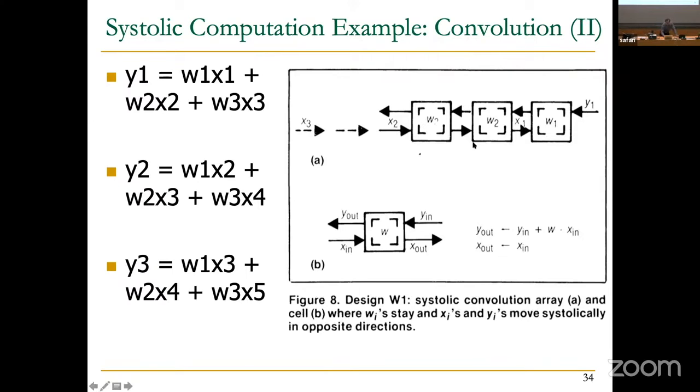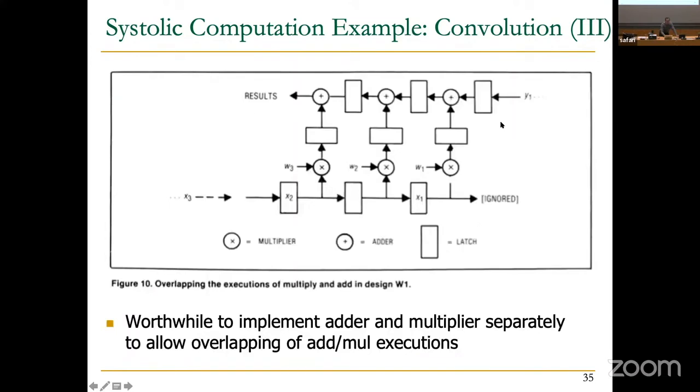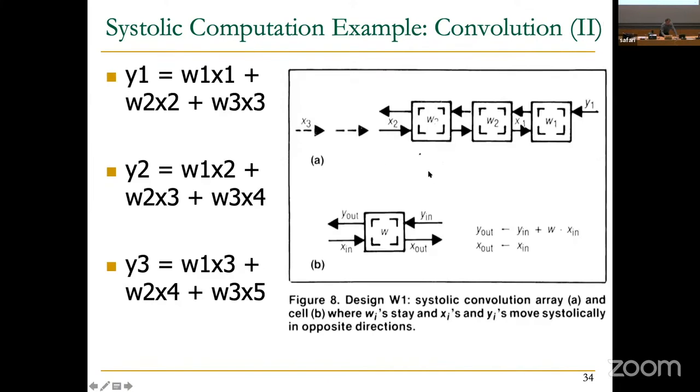So in the first cycle, you supply things such that X1 reaches here at the time Y1 reaches here. So Y1 reaches processing element 1, let's call it that way, at the time X1 reaches it. In this cycle, there's nothing here, and there's nothing here. So this processing element is doing nothing useful, if you will. So there needs to be some control logic to make sure that's not doing anything. X2 is in the same cycle supplied to this processing unit, except it's not doing anything because Y has not reached over here yet. So basically every other cycle you're supplying X's, every other cycle you're supplying Y's.